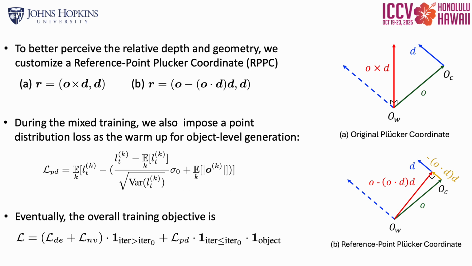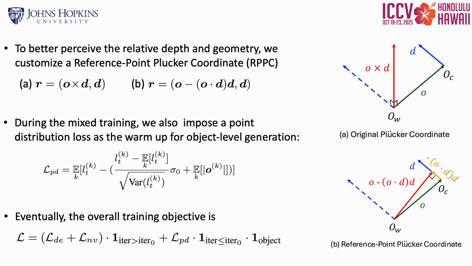It mainly represents the rotational effect of O relative to D, showing limitations in perceiving the relative depth and geometry. In contrast, B is the formulation of our RPPC, which can provide more information about the ray position and the relative depth, which are beneficial for the diffusion model to capture the 3D geometry of things